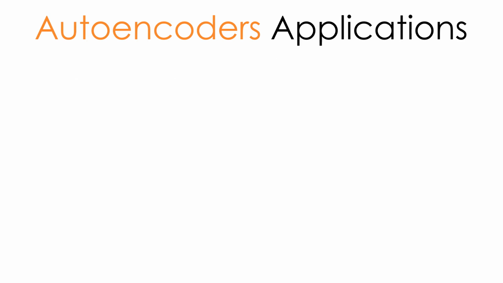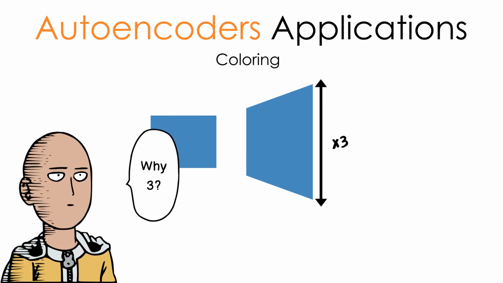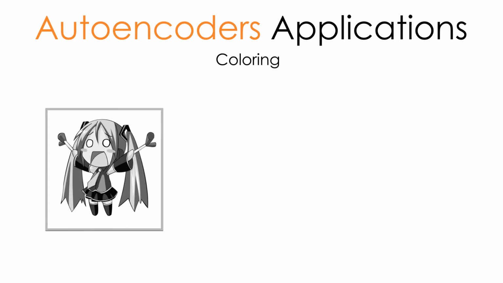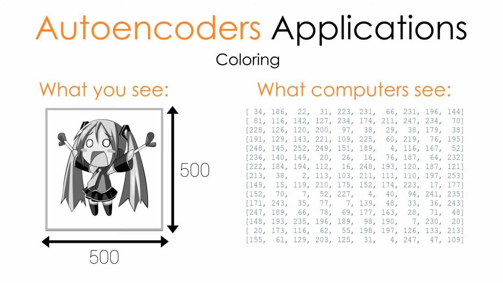Similarly to super resolution, you can color images with autoencoders. To do so, the architecture of the autoencoder must be like super resolution but with an upscaling factor of 3. But why is it exactly 3? It's because of the way images are represented in computers. Let's say you take an uncompressed monochromatic image. Its representation in a computer is actually a grid of values corresponding to the intensity of each pixel in the image. So, a 500 x 500 image would be represented by a 500 x 500 grid containing values ranging from